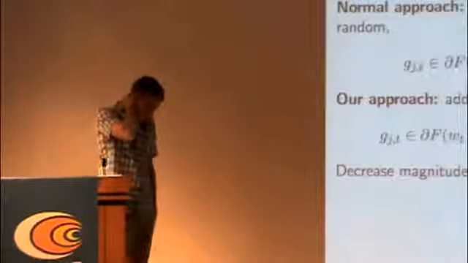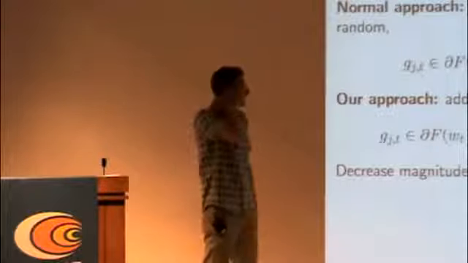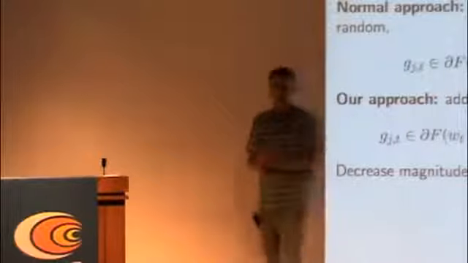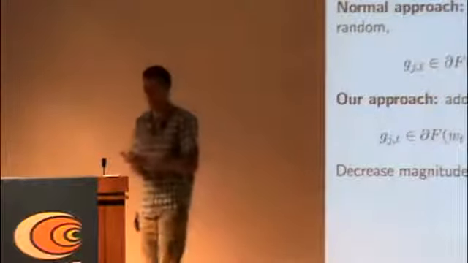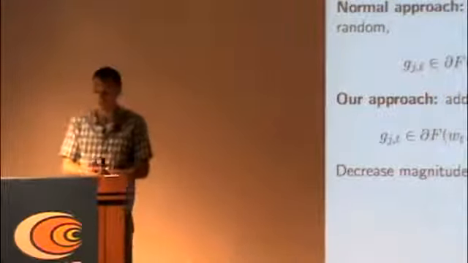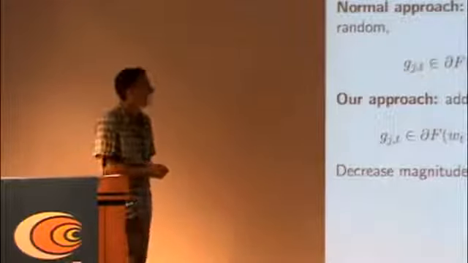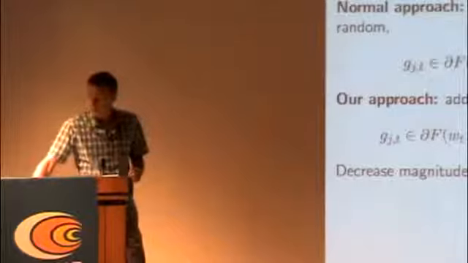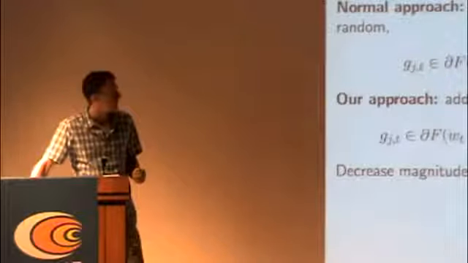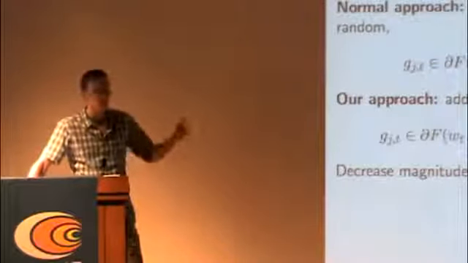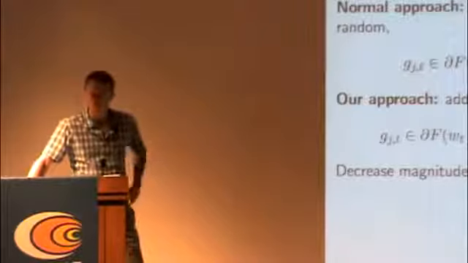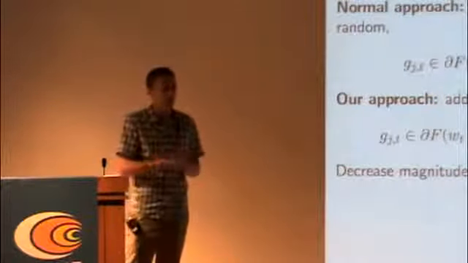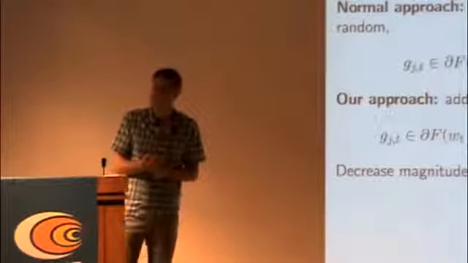So a little more in depth. What's the algorithm? Basically, the standard approach is to sample x at random and take a subgradient step for that example, for that element of our data stream. Our approach is, instead of asking for the gradient at the correct point, we're going to just add random noise. So what it looks like is we add a ball of random noise. Our gradient point's actually a little more in the correct direction, we hope. And as time goes on, we're going to decrease the amount of noise we add so that we don't keep just shooting randomly all over the space.